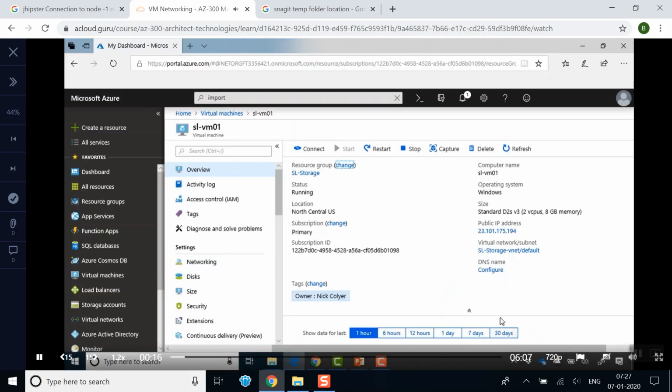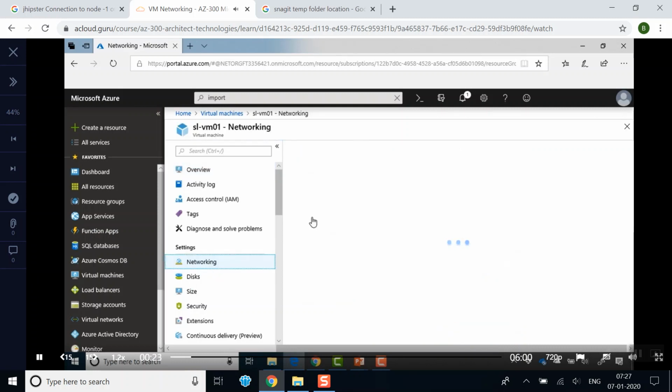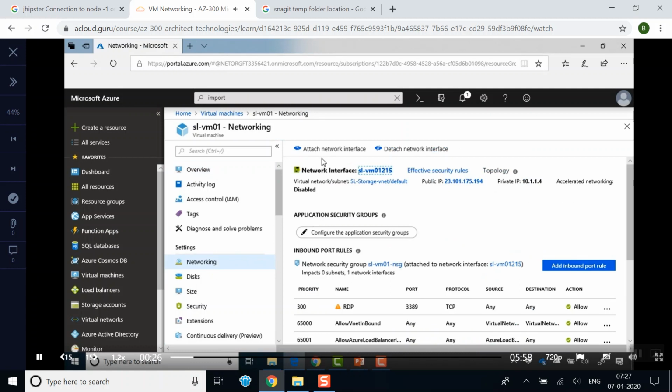So in the Azure portal, I've got a virtual machine up here, SL-VM01. And first of all, I'm just going to go straight over to settings to networking and bring all of this up for us. So first thing to note is you can attach a network interface and detach a network interface from here. So we have this interface attached,